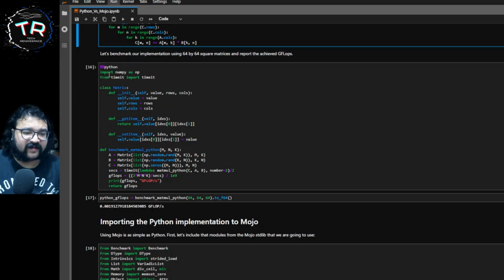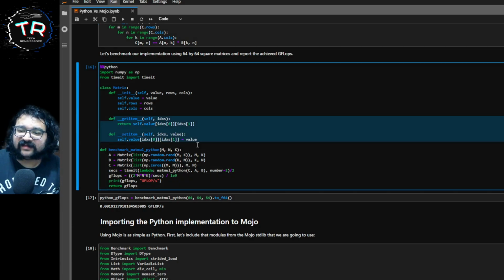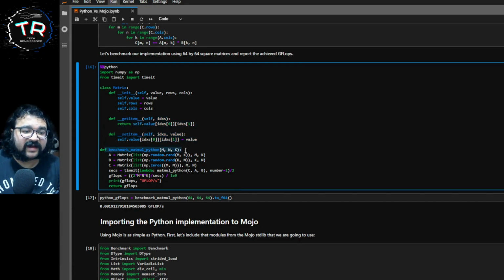The next cell defines a matrix class with constructor and accessor methods. The class takes a 2D list value, rows, and columns as input and creates a matrix with these attributes. The getItem and setItem methods are defined for accessing and modifying matrix elements. Then it defines the function